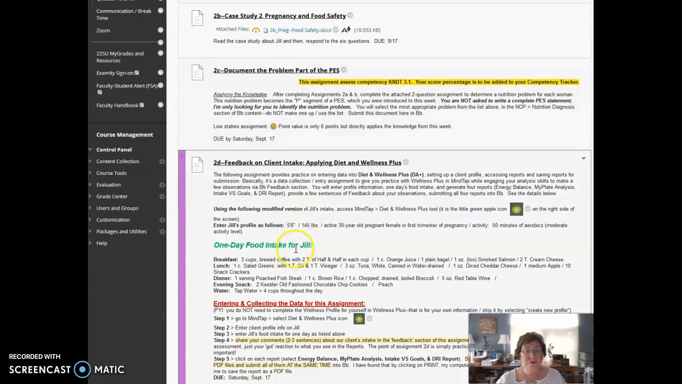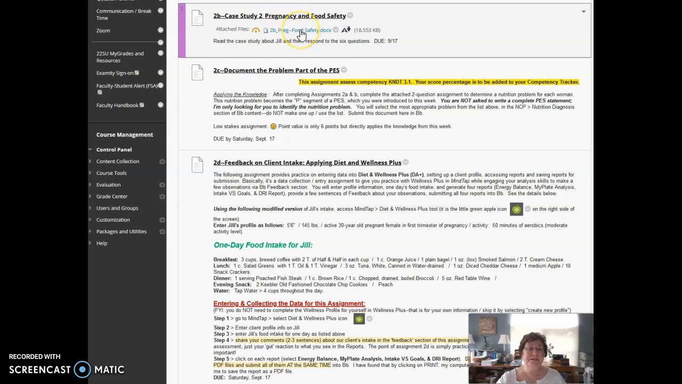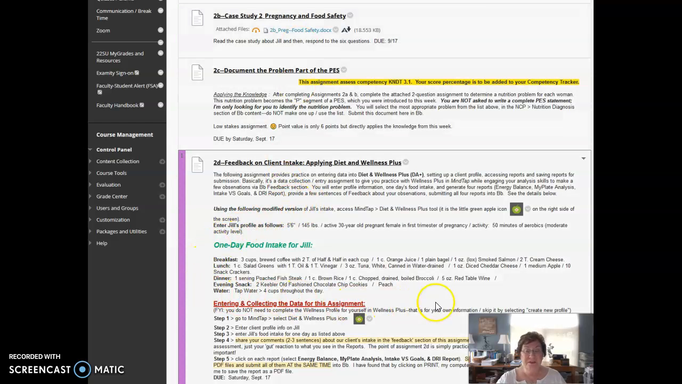The intake that you're going to use is this food intake that I provided here, not the food intake that's listed on this food safety assignment Word document. You're going to use this intake for 2D. You'll upload that into MindTap, and then you'll be able to generate those reports. Okay, onward. In addition to generating those reports, uploading them all at the same time into Blackboard,